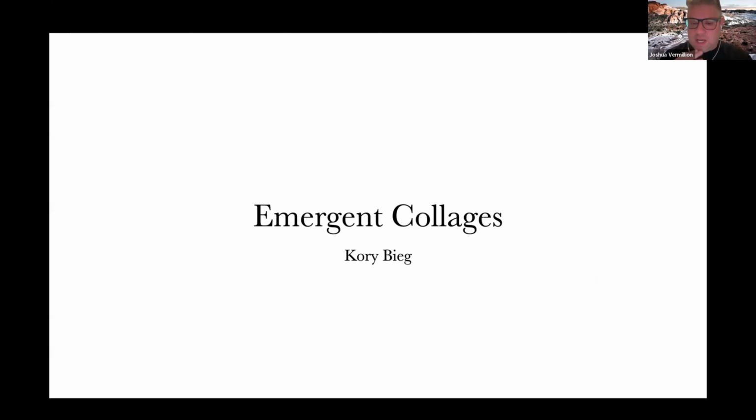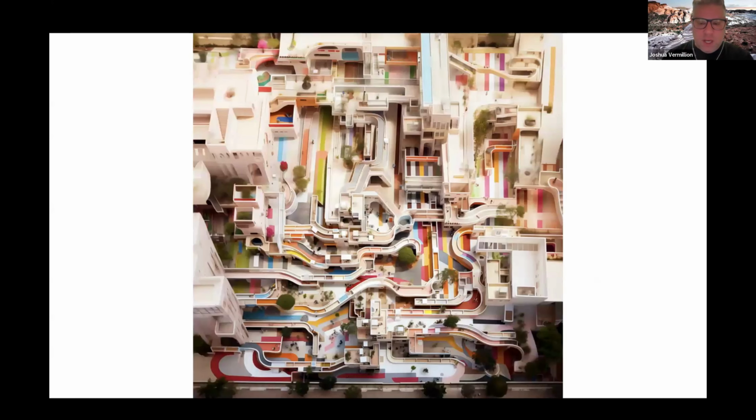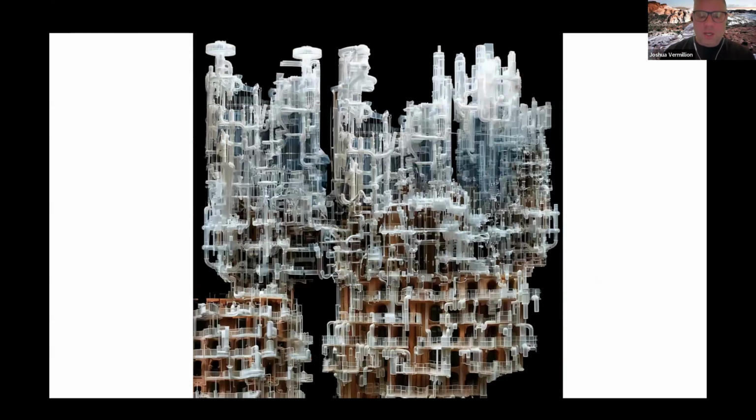Corey Beig at the University of Texas does these emergent collages with generative AI, and he does these a lot of times with students and workshops. What you see here is again very much a collage, right? You see a bunch of weird, novel combinations of familiar things at different scales, and sometimes the scales aren't even clear. You look at some piece and you think it's an urban scale, and then you look at others and it looks like an architecture scale. So again, this idea that it helps us see things in novel ways,